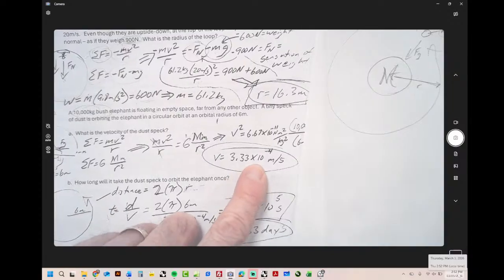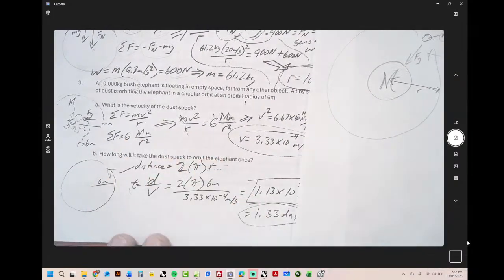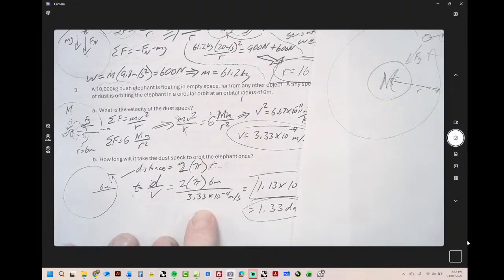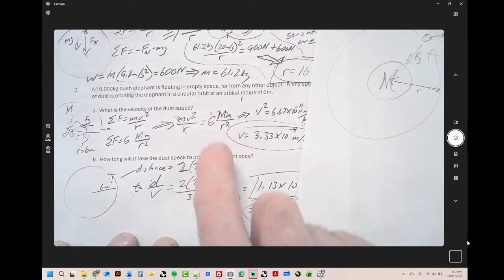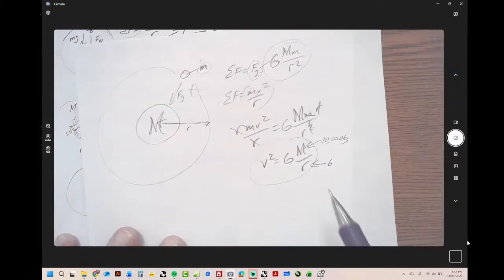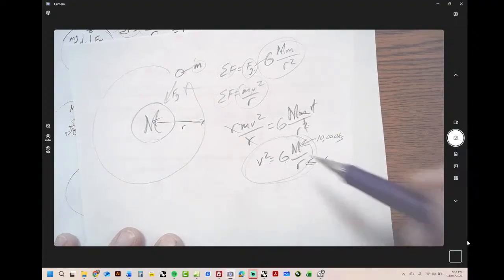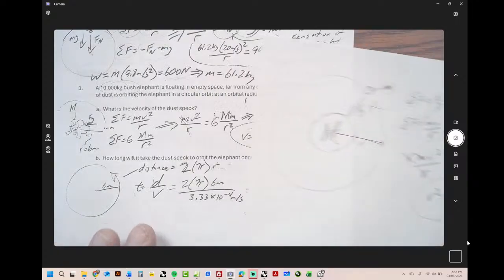V comes out to 3.3 times 10 to the negative 4th meters per second. I think on the test, you had to do this kind of thing first. So you're either going to have to do this kind of thing first and then this, or you'll have to do this and then this. Doesn't really matter as long as you can set up an equation like this. If you don't have everything you need in order to solve it, then you just move on to the other